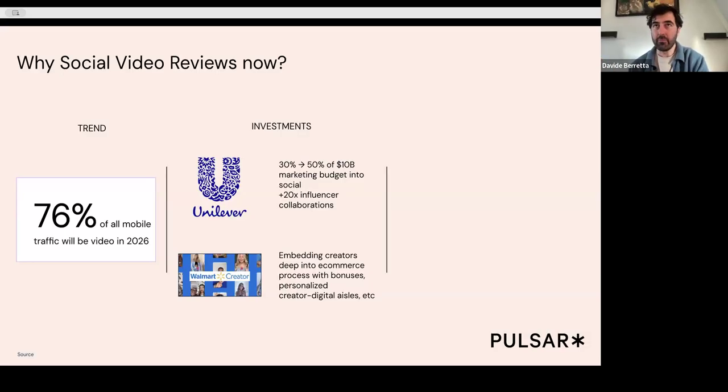Walmart took a slightly different approach, and they expanded their creator platform, and they embedded all sorts of tools within their creator suite that allow folks to get bonuses whenever they sell a whole lot more, and personalized aisles that they can curate. All sorts of processes that make it easier for creators to monetize, to benefit, but also to find audiences for their product reviews or, in general, creator content.